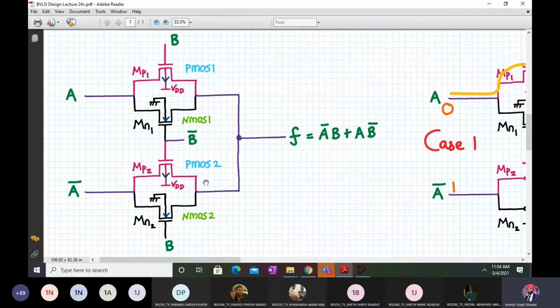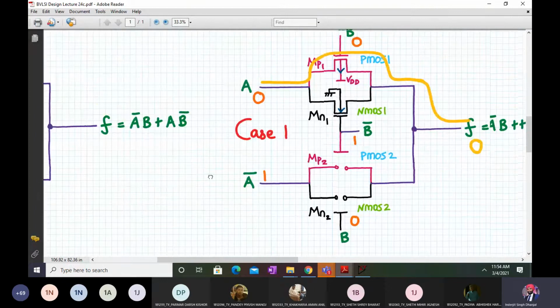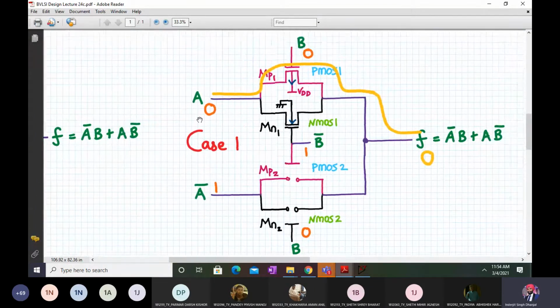Now let us observe case number 1. Case number 1 is when A and B are 0, 0. Whenever B is 0, my PMOS 1 is on, and B is 0 means B bar will be 1. That means my NMOS transistor is also on, so my upper transmission gate is active.